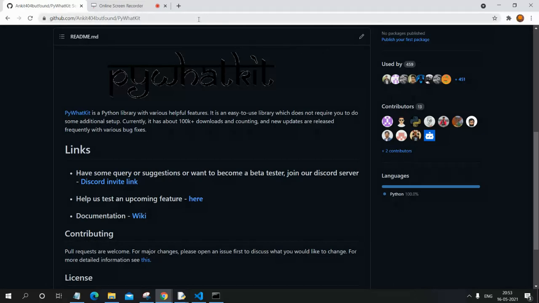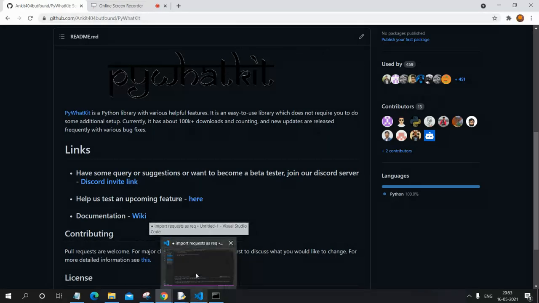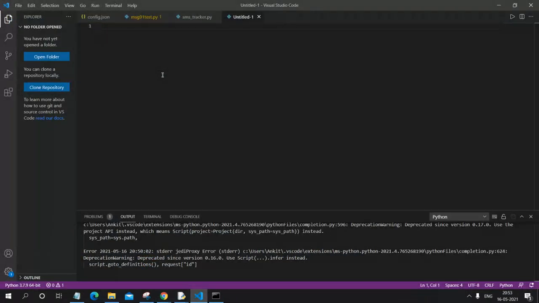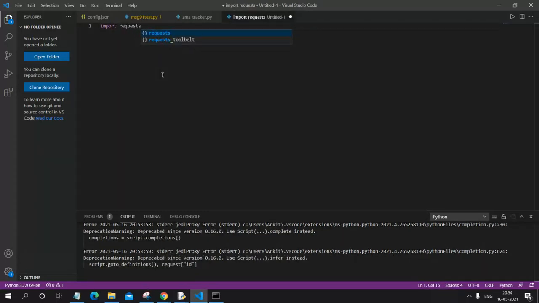Now let's begin with the coding part. First of all, let us import the requests library and the BeautifulSoup 4 library that we just installed. Here we are not really going to import the BeautifulSoup 4 library. We are actually going to import the BeautifulSoup class from that package. So for that we need to type from